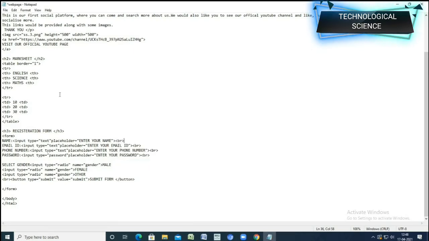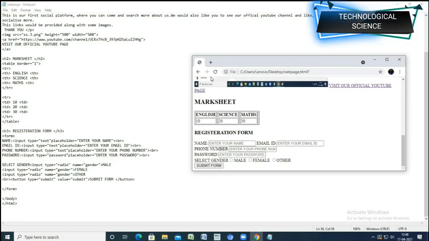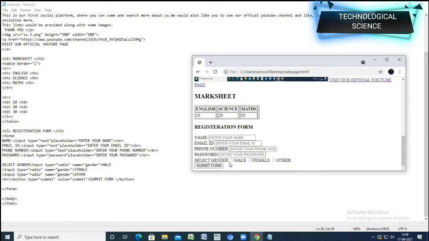If I write it over here again and click on save and go back, and click on reload, br basically means that you are breaking the line and the text has to come below the first text. So this is what br means.